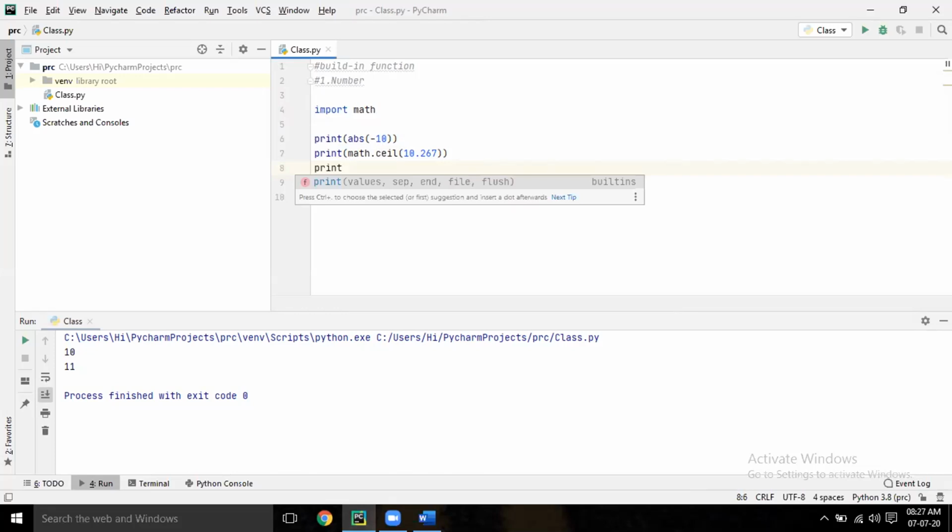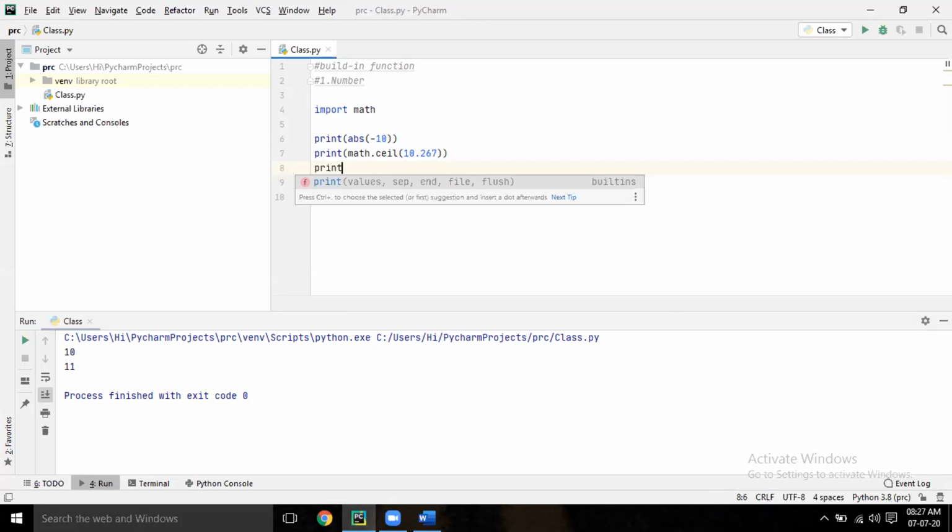Yes, there are some functions which are already in core Python, so there is no need to import any library. But some functions are not in core Python, and for those you have to import libraries. For that, we use math. Going forward, there are many libraries, and I'll tell you one by one.